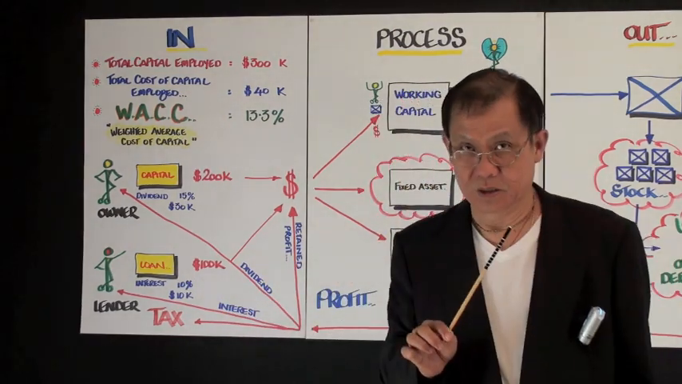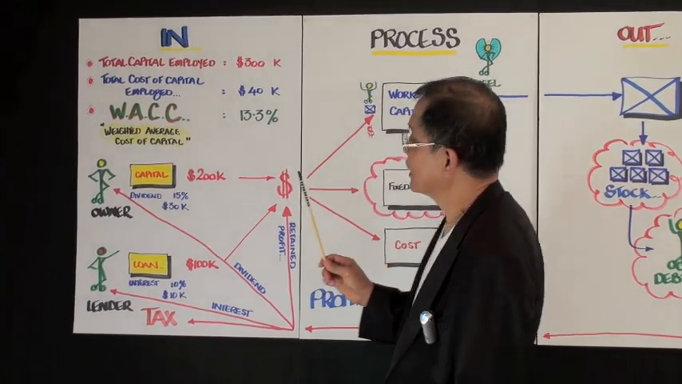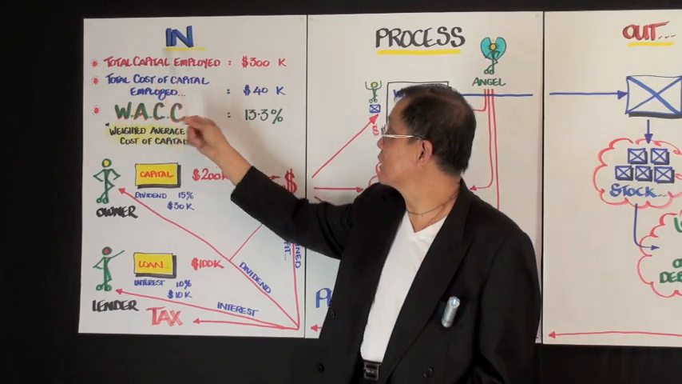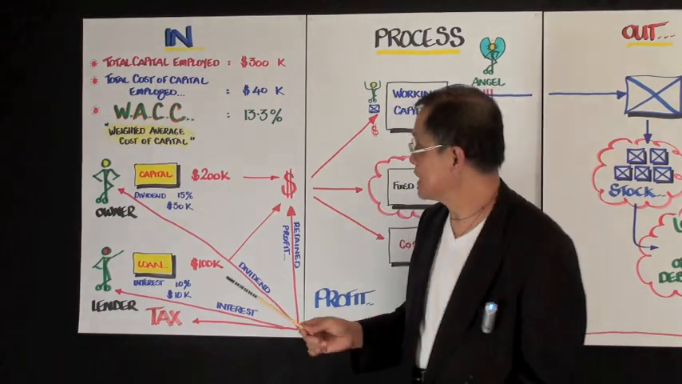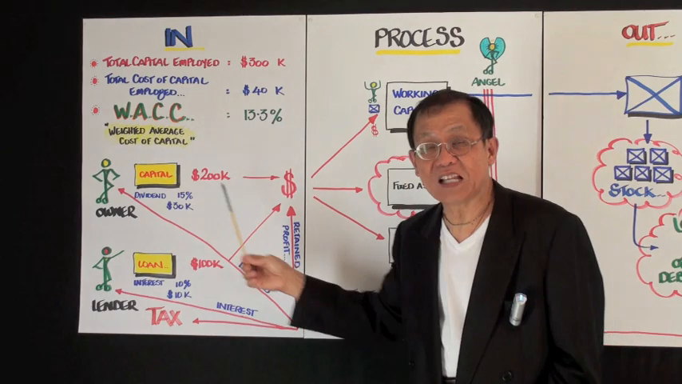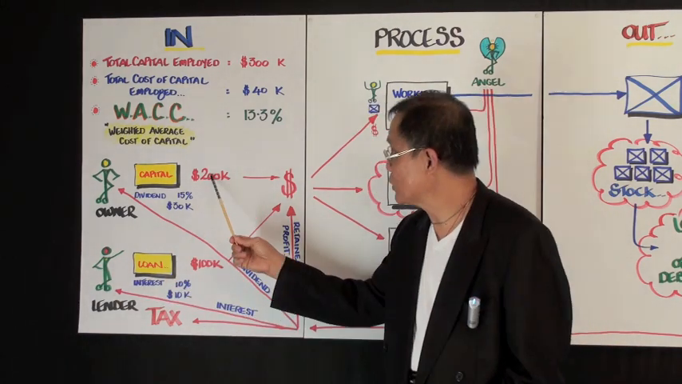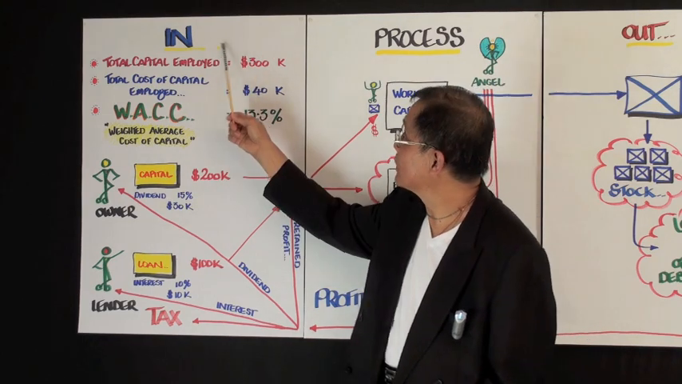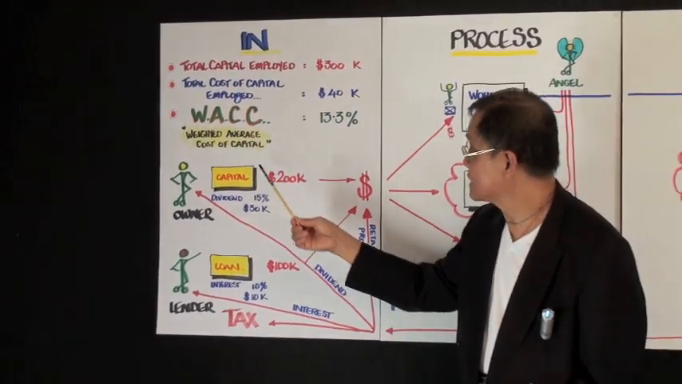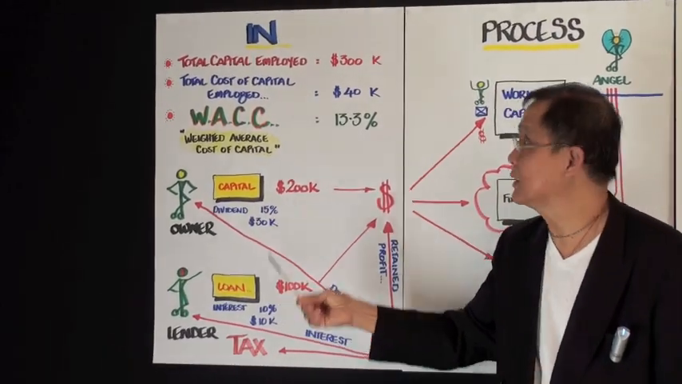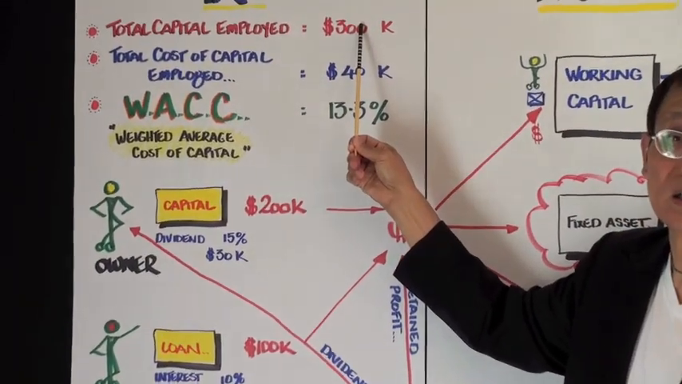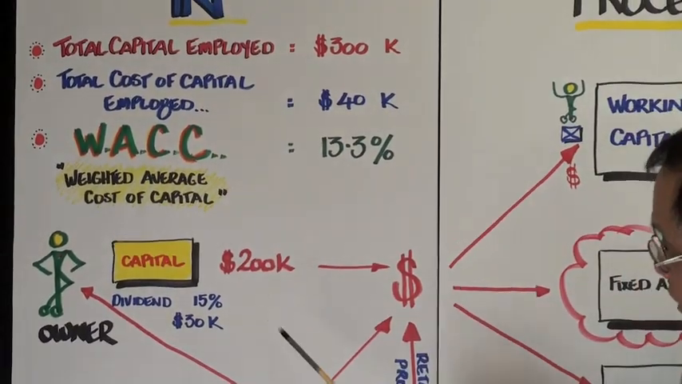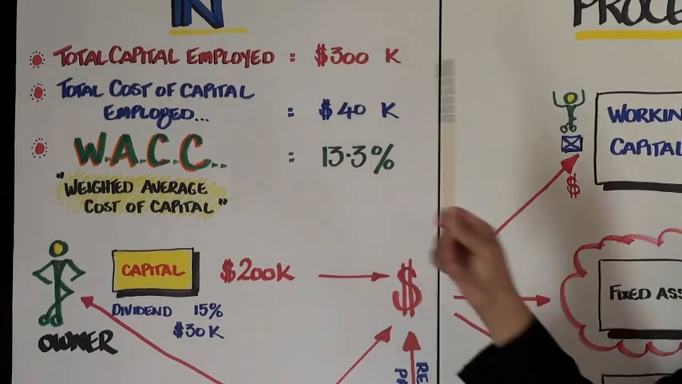Now the accountant has got a term called total capital employed. When they use total capital employed, it means the total funds that come into a company. Here is 200, there's 100, the total capital employed is 300. Now the word capital is quite loosely used. This is called equity capital, this is called loan capital. Now the total capital employed is 300. The total cost of capital is what? 30 plus 10, which is